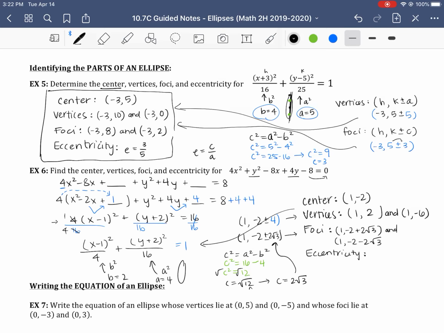And then again, the eccentricity is just equal to the c value, which we found was 2 square root of 3, over the a value, which was 4. So you could simplify those coefficients. You'd really have square root of 3 over 2. And that would allow us to find